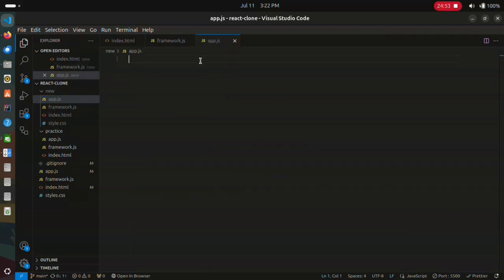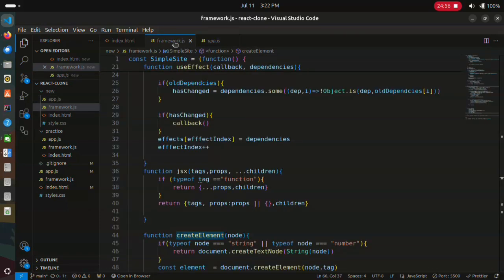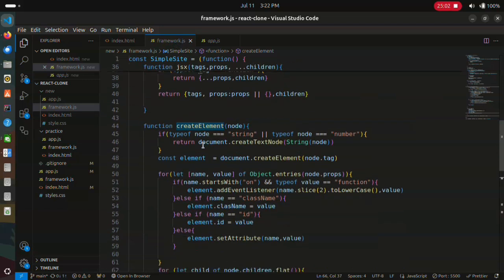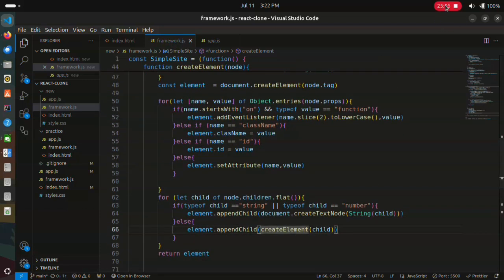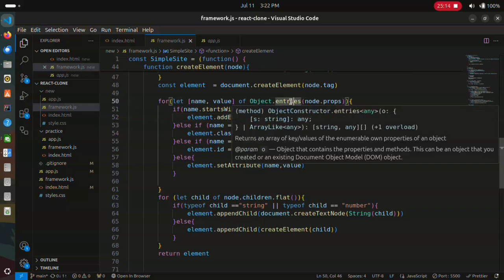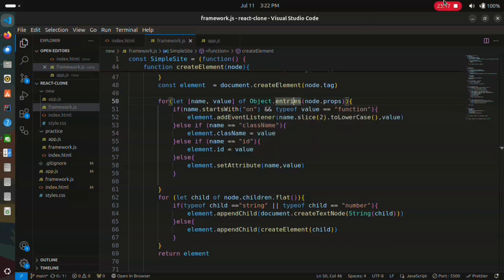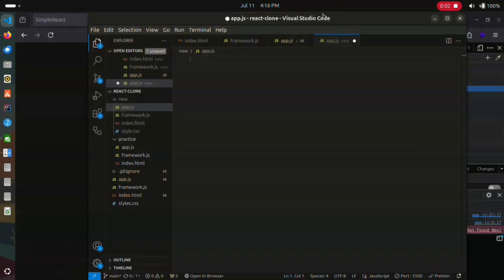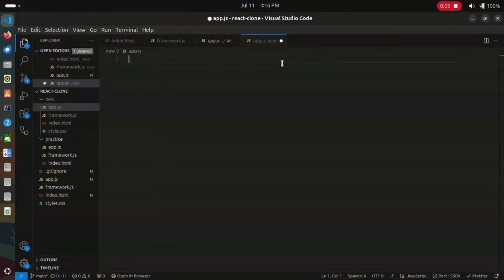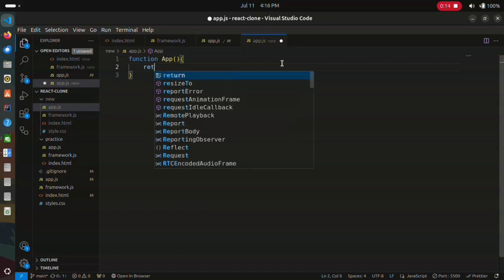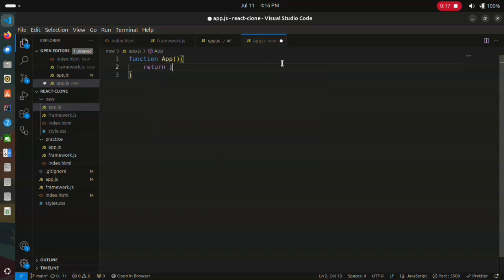So pretty much so far we have just defined everything that we need. Now we want to simply try out the framework before using it to build a to-do app. Just a simple tryout. So how do you use this framework? The first thing that we need to do is create a function, the app function, call it app. Then we're going to return something. We're going to return the JSX,